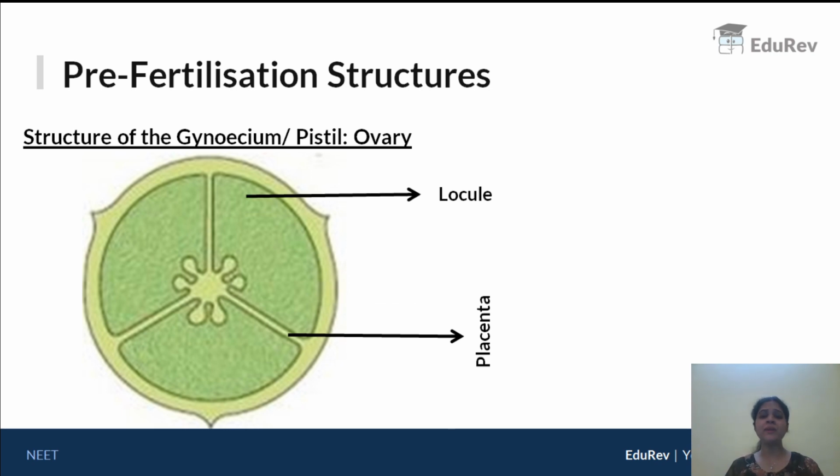Now, suppose you have septa, or rather placenta forming the septum, so they help in the formation of a number of chambers. Here very clearly you have three chambers. A chamber in a plant ovary is called a locule. So we can say that this is a triloculate structure, with the presence of three different chambers. So it's important to remember these three parts of the ovary: the presence of the ovules, which here are in the center, attached to the placenta that provides nutrition, and finally the placenta can form septa, and that helps in the formation of chambers called locules. Now the locule concept is very important, especially when we study fruits a little bit later,